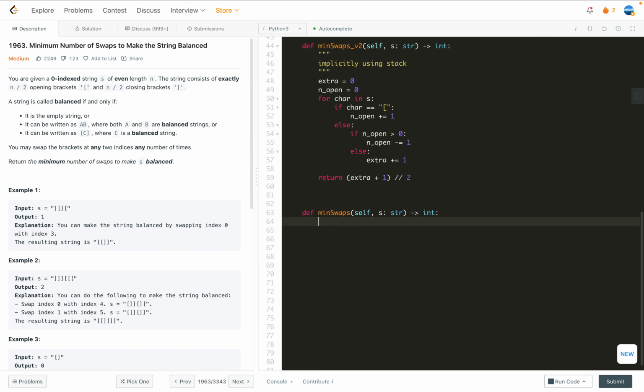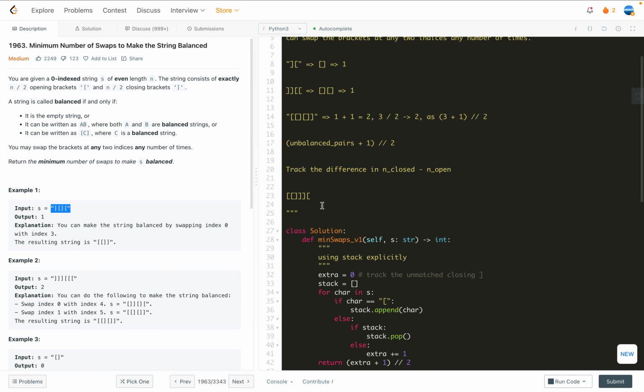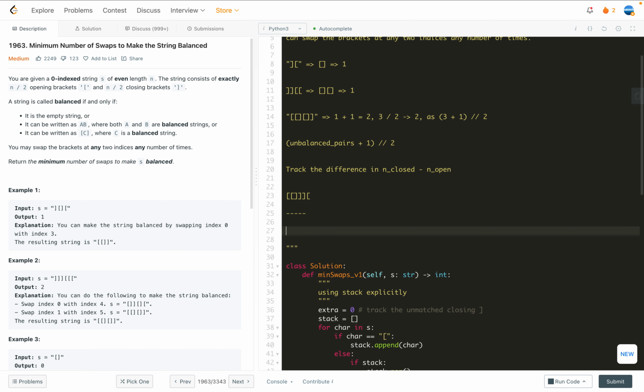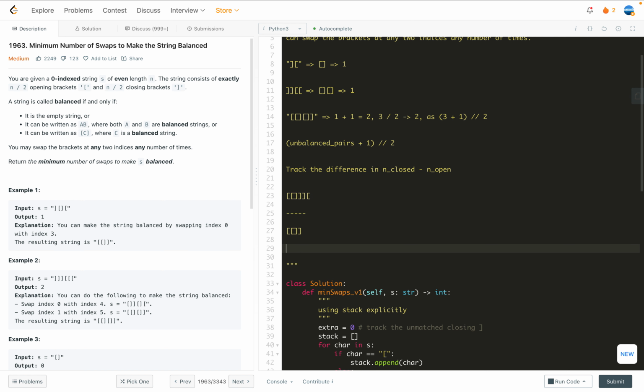So what we want to do is track the maximum difference between close and open parentheses. For a valid bracket string, at most the difference is 0. Let me give you an example. So let's see, this is a valid one, right? So if you track the n_close and n_open,